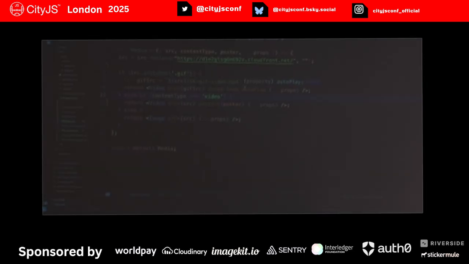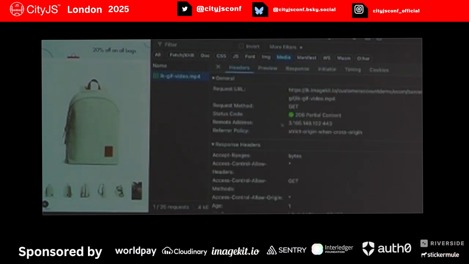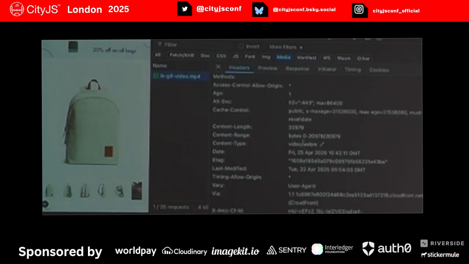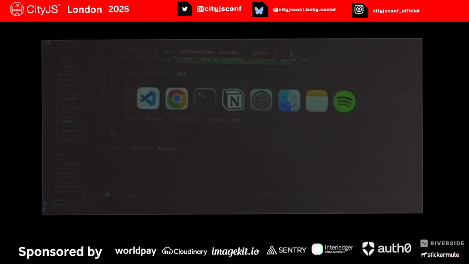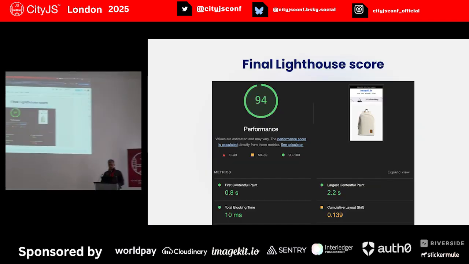of a GIF file. Now when I save this and reload it again, you see a video that gets loaded. It still looks the same, but it's a video and it's in WebM format at just 21 kilobytes. It was 563 kilobytes earlier. This is now a WebM video at 21 kilobytes, right? Now at this stage, if I were to run my Lighthouse score again, we would get to a stage where